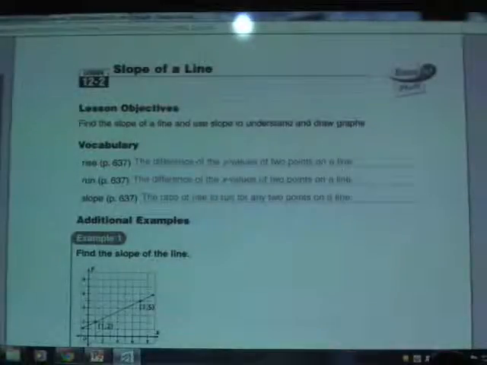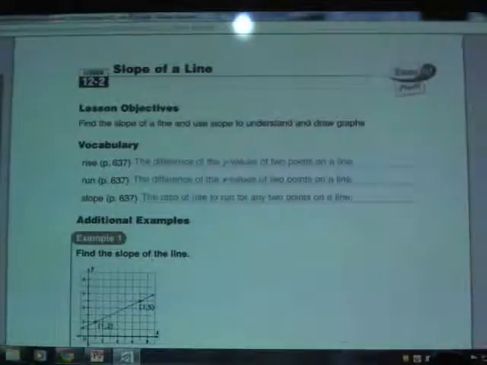Chapter 12, Section 2 in the 8th grade textbook is entitled Slope of a Line. So if you recall in 12.1, what we did with graphing and specifically lines is we graphed everything that involved us using the table method. Now they're really going to start getting into ideas that involve us graphing that relate specifically to having the slope